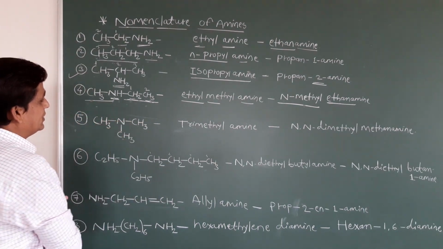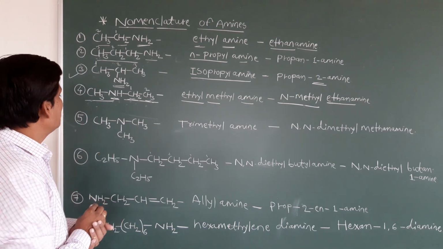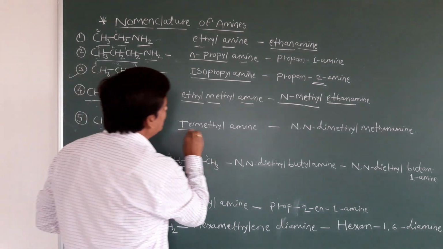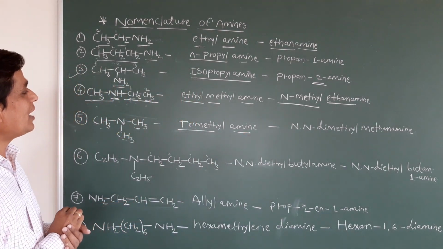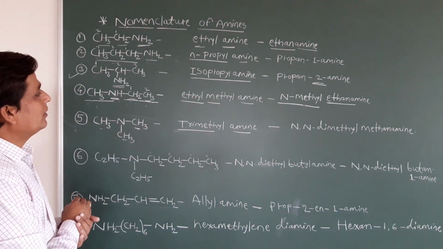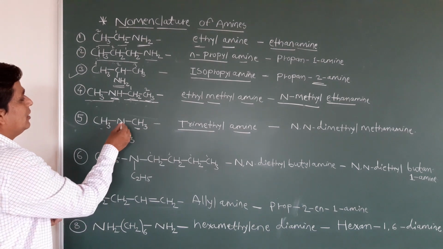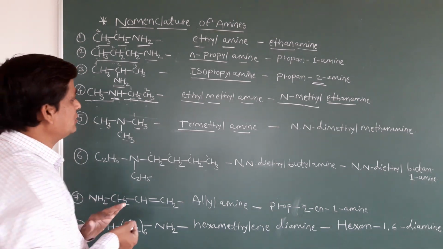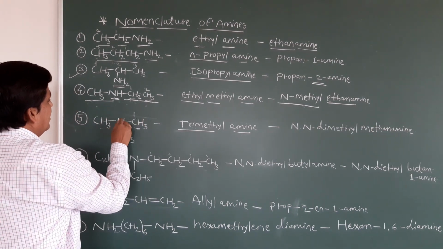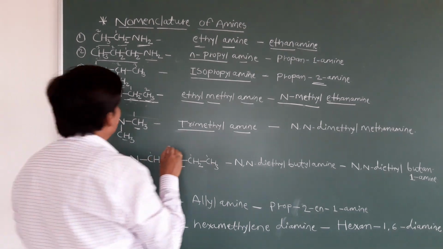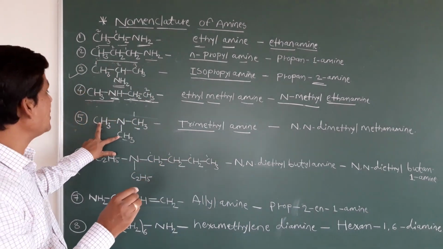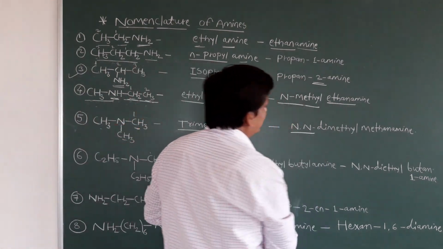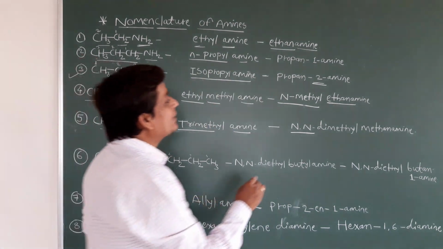CH3, and CH3, CH3. So this is a tertiary amine, because all 3 hydrogens are replaced by 3 CH3 groups here. Now clear? So you can see it is trimethyl amine, because 3 methyl groups are there. If you want to give the IUPAC name, if you select the long chain, only 1 carbon will come, because all 3 are only 1 carbon, so we can consider this a long chain, and this N is attached to 2 methyl groups. This methyl group is attached 2 times on this nitrogen, so you can say it is N,N-dimethyl.